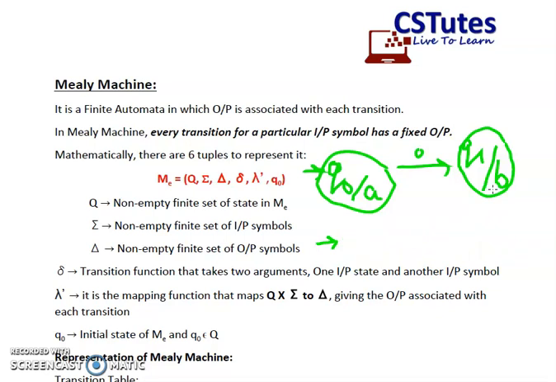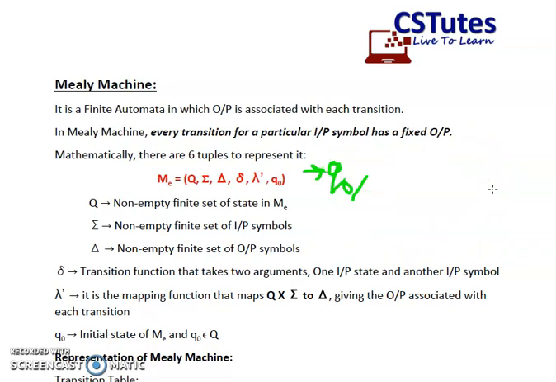Now, just similar to the Moore machine, Mealy machine can also be represented in mathematical form. So, a Mealy machine is denoted by ME and is represented using 6 tuples. These 6 tuples are just the same as the Moore machine tuples, but there is a difference in the representation of lambda dash. Now, before moving further, if in case you haven't watched our video on Moore machine, you can go back and watch it so that you are clear about the difference between the Moore machine and Mealy machine and there is no confusion left. Now let's continue with our Mealy machine.